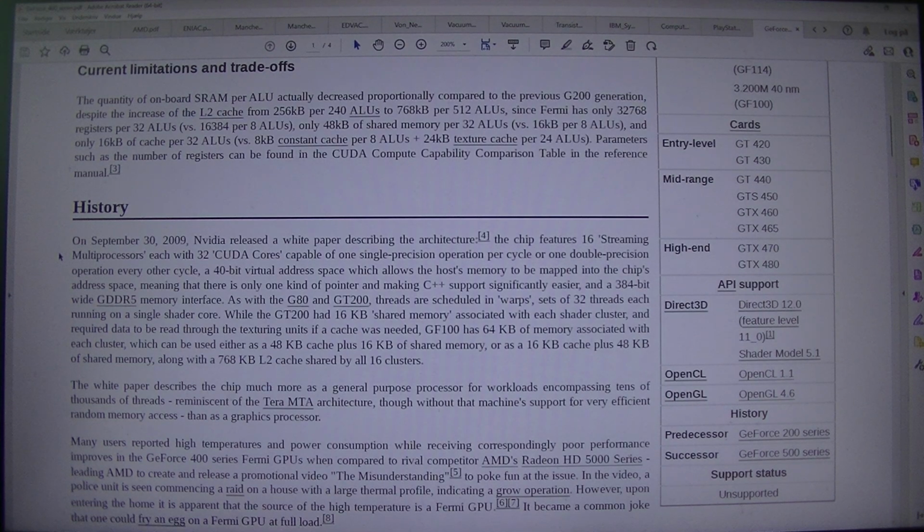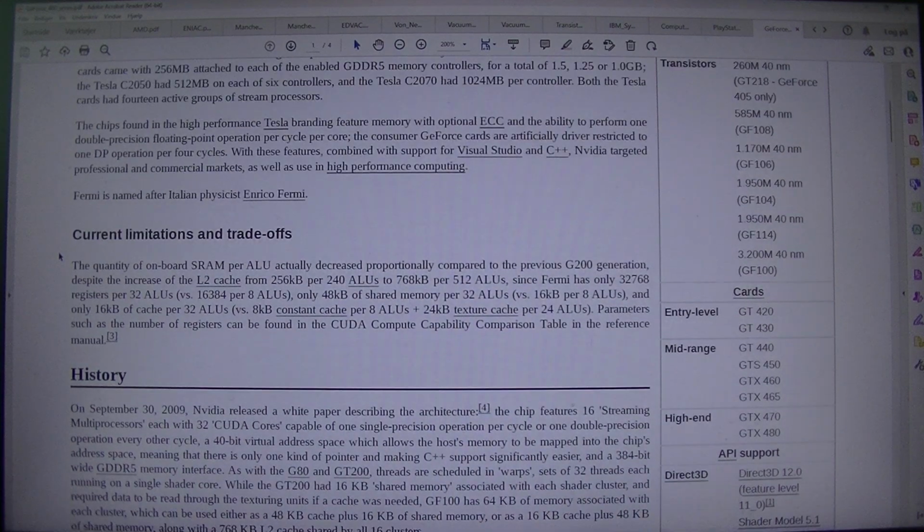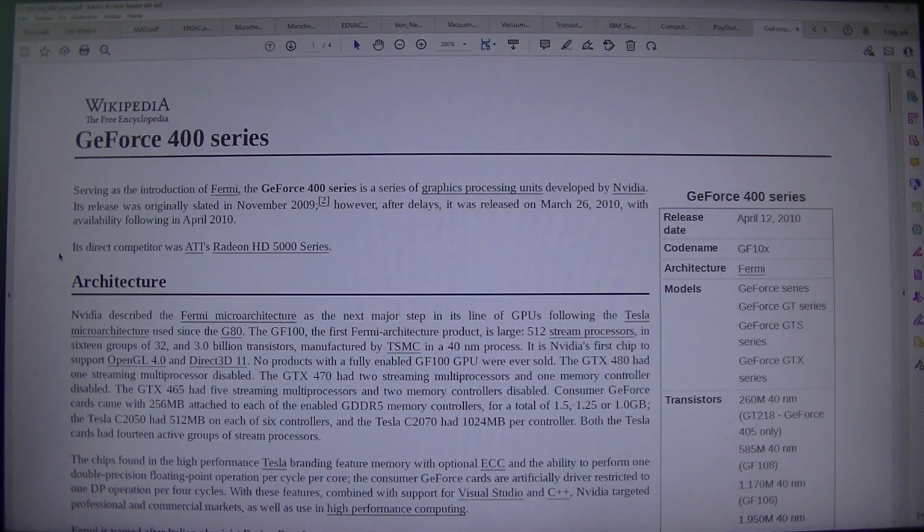470, GTX 480. API support: Direct3D 12.0, feature level 11_0, Shader Model 5.1, OpenGL 4.6. History: predecessor GeForce 200 series, successor GeForce 500 series. Support status: